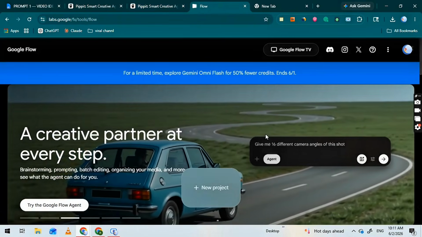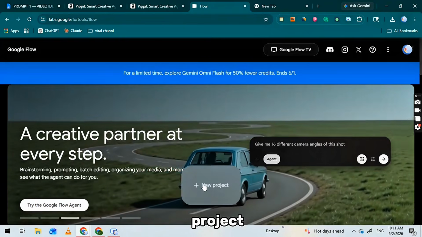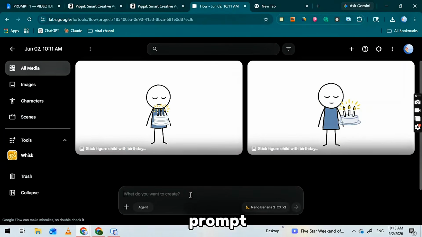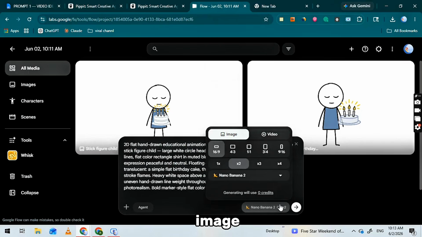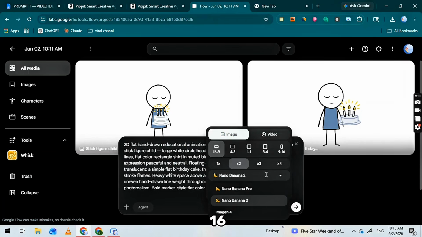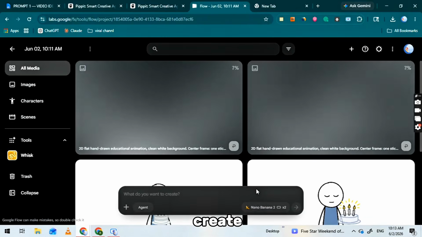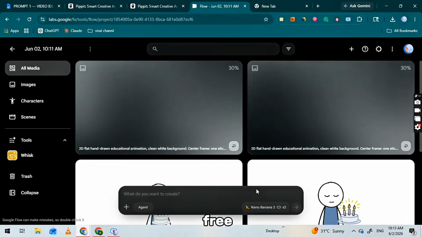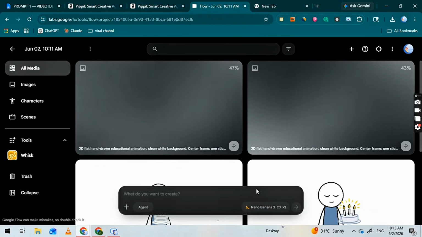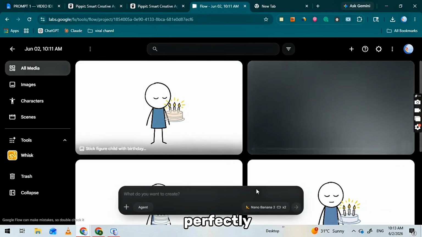If you'd rather use Flow AI, the process is very similar. Open Flow AI and create a new project. Once the project opens, paste your image prompt into the prompt box. After that, open the Settings panel and select your preferred image generation model. Then choose the 16:9 aspect ratio so all of your images match your video format. Finally, click Generate. Flow AI will create the image based on your prompt, giving you another option for generating visuals completely free. Whether you use Pipit.ai or Flow AI, the goal is the same: generate a complete set of high-quality images that perfectly match your script.